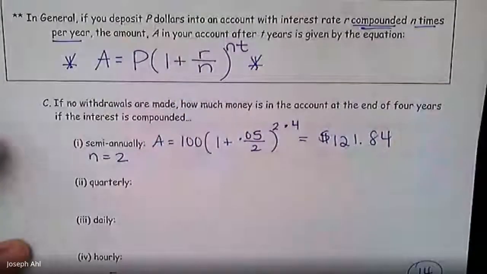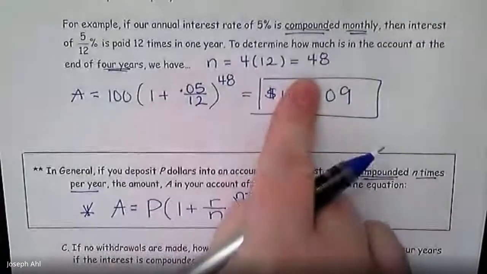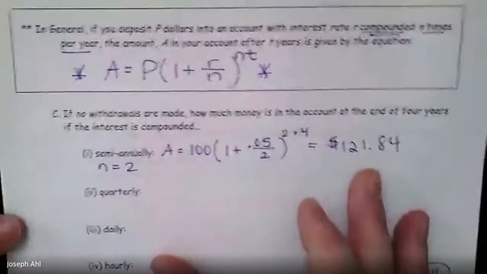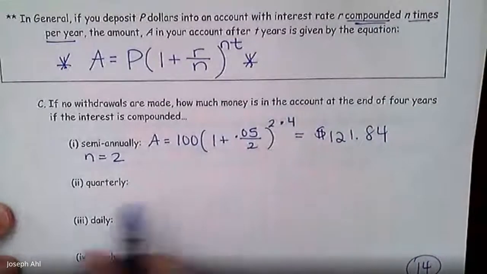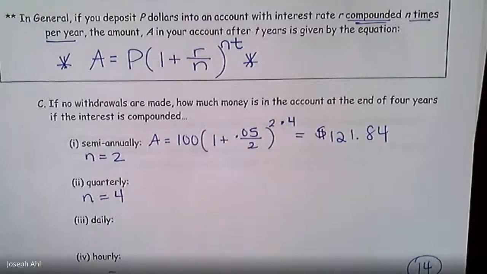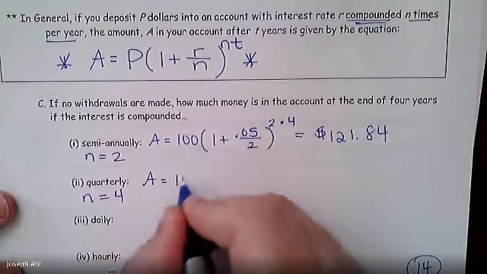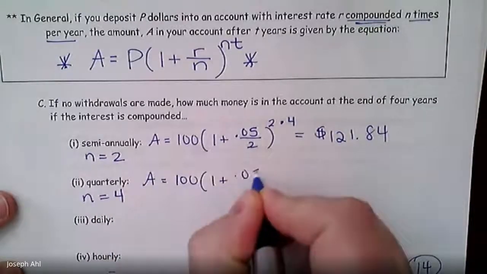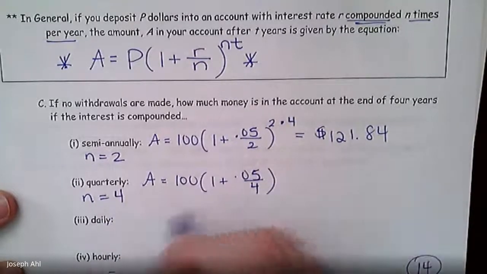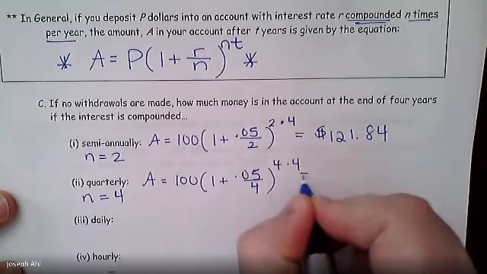$121.84. So notice how semi-annually it's less than monthly, but it is more than annually. So it makes sense that we get an answer that's somewhere in between. If interest is compounded quarterly, you're going to get that the value of n should be 4. So 100 times 1 plus 0.05 over 4 to the, in this case, 4 times 4 power, so to the